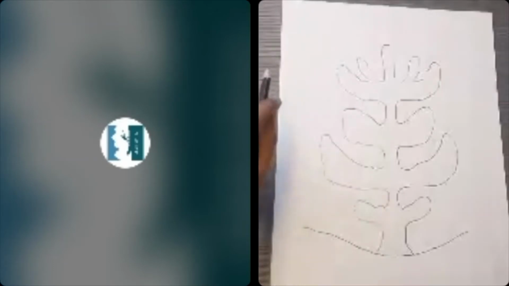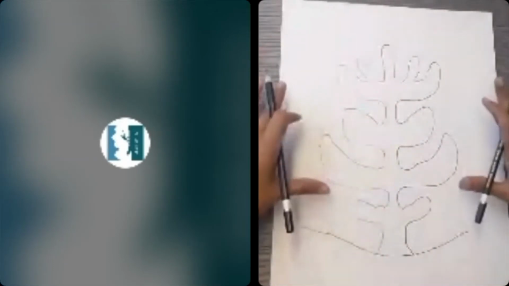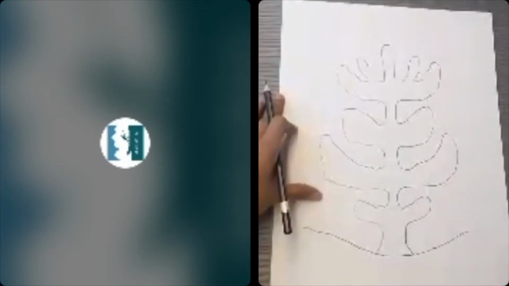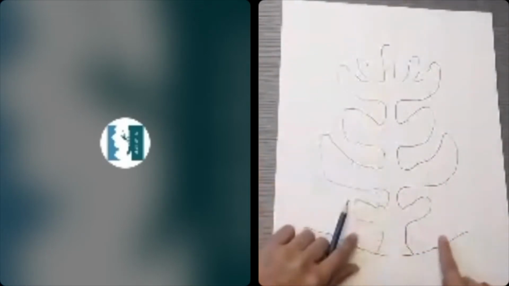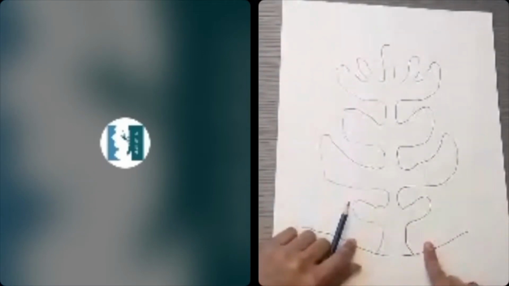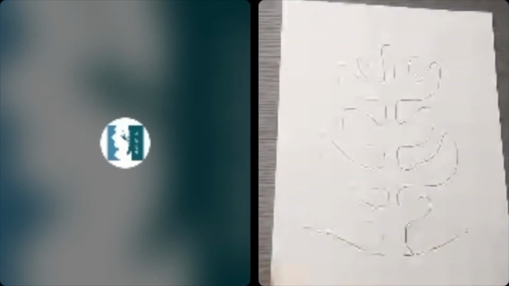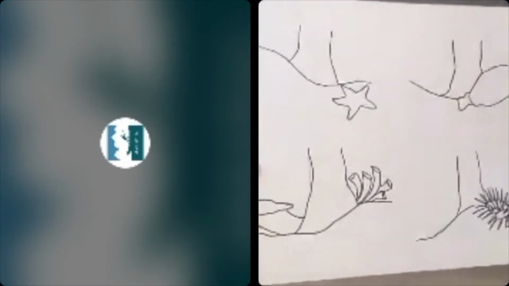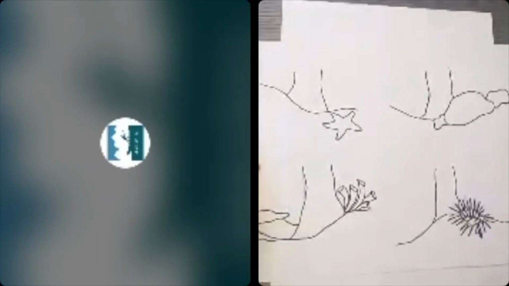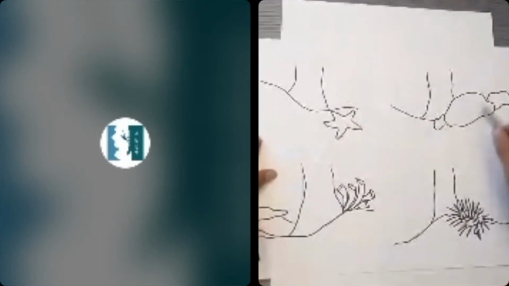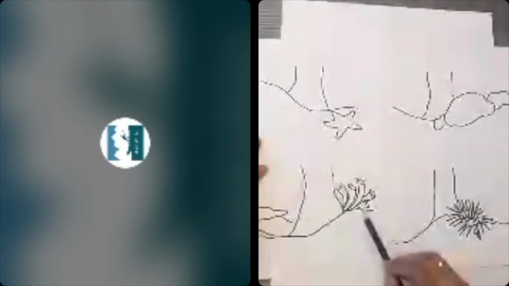Okay, so we've got our coral shape done now. What we're going to be doing next are adding small features near the base of our coral. These might be different things that you find near the coral itself. It could be a starfish, it could be a sea urchin, it could be more coral. All of these are things that you might want to add to yours. So here we just have a few rocks. We've got a starfish over here, a sea urchin, which is nice and spiky, with lots of spiky lines coming out. Different coral on both sides as well.